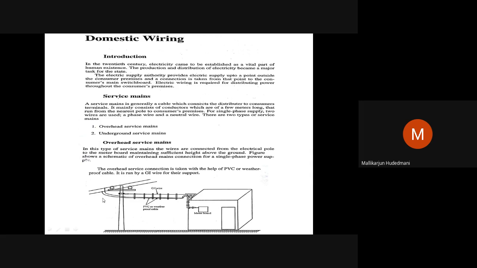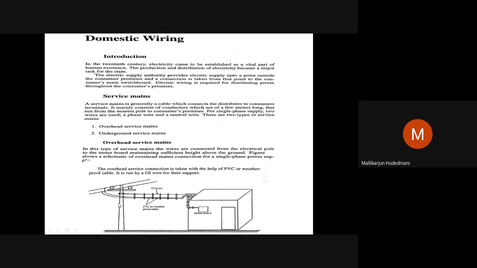To that messenger wire, these two cables, line and neutral, are hung with the help of insulating clips, which provide safety to the cable, and that cable from the line comes and lands into the meter box. So there will be a meter box, inside which we will have the energy meter, and the cable will connect to the energy meter. So you are taking power supply from the distribution company to make your house illuminated and use all the electrical gadgets inside the house effectively for their intended duty or for our comfort.